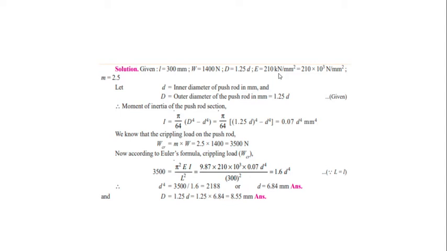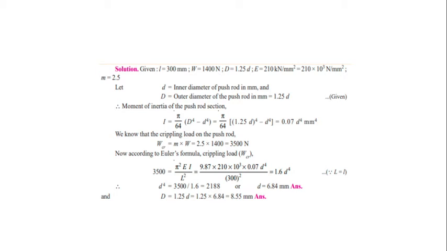As I said earlier, kilo is nothing but 10 power 3, mega is 10 power 6, and giga is 10 power 9. That means K means 10 power 3, capital M means 10 power 6, and capital G means 10 power 9. This is a unit conversion. In this case the factor of safety symbol is taken as small letter m. Mostly they take small letter n, but here they have taken m. Okay, there is no issue.